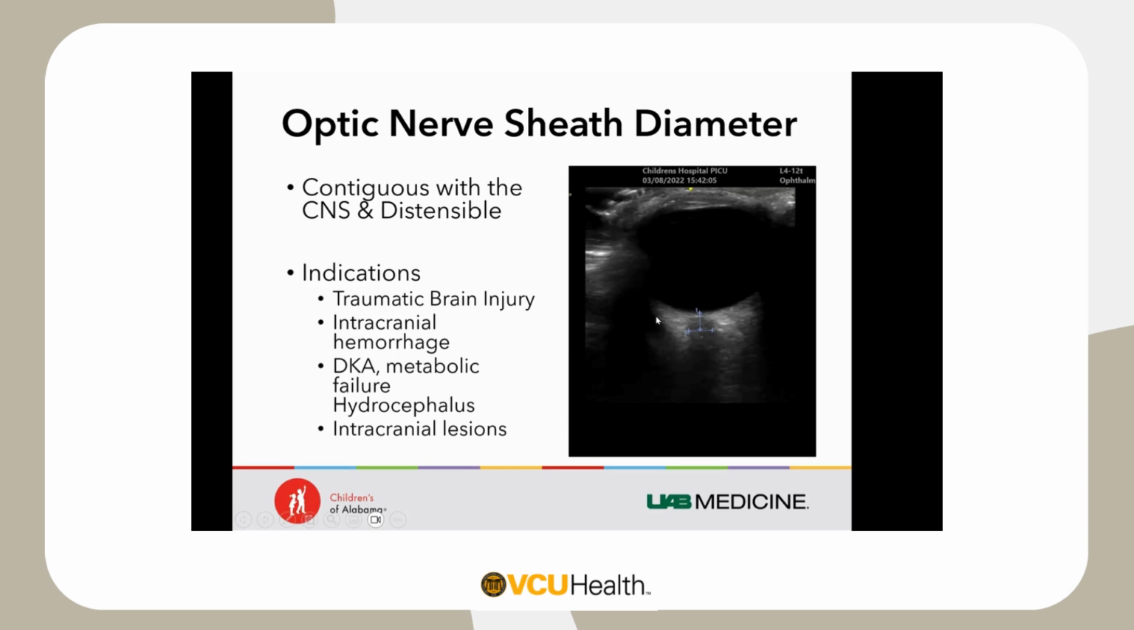For your measurements here, we're going to use the same technique as in adults. You're going to measure 3 millimeters behind your retina, and then you will get your measurement of your optic nerve sheath. The great thing about optic nerve sheaths is that they're contiguous with the CNS and they're distensible, which means that any increase in your intracranial pressure, you're going to see shown with your optic nerve sheath. So it's kind of like a window into the pressure in your brain,